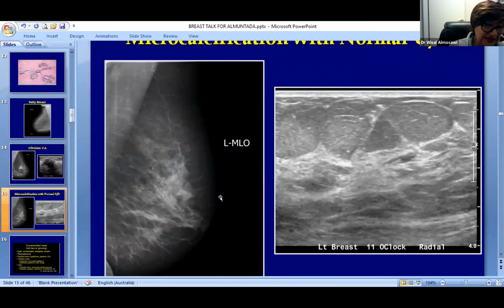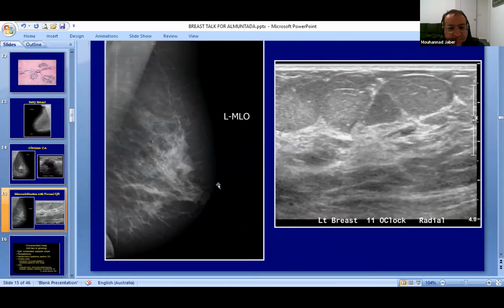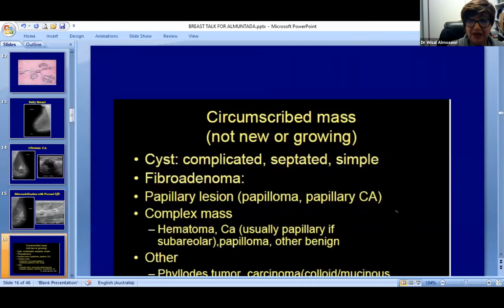Microcalcification, I don't know if you can see, can you see the images clearly? Very clear, yes, we can see very clearly. Okay, so this is the sort of calcification we worry about. I mean, there's benign calcification, and we don't worry about it. The one we worry about the most is when they cluster together, when they're branching, which we know is inside the duct, when they don't have a uniform shape, when they're different sizes and different shapes. That's what we worry about.